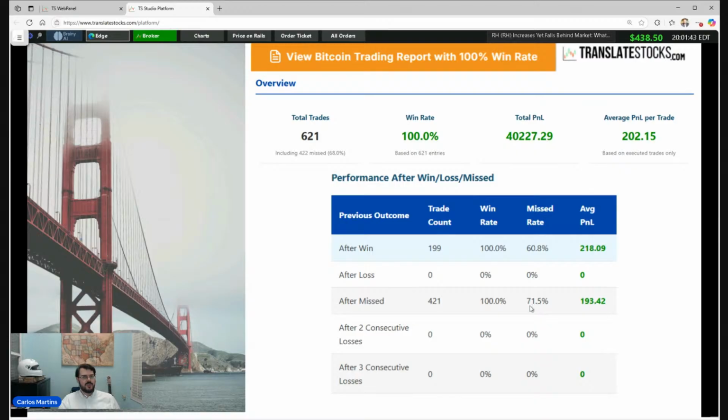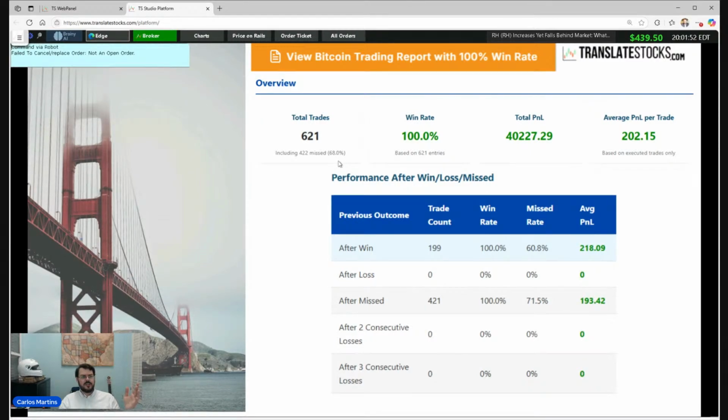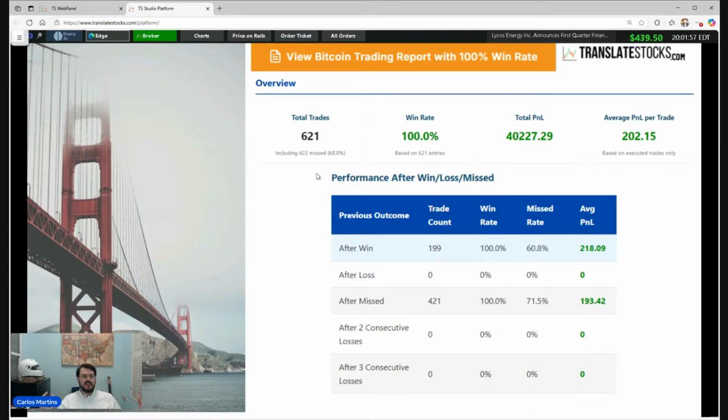70% or 60%. On average, you have about 68% of missed trades in this strategy. It means that for every 10 entries that you have, 7 you are going to cancel because the take profit is hit before the entry is filled. And that occurs because of the way the standard deviation of Bitcoin works vis-a-vis the absolute scale of the chart, $100,000. And that said, that's very good.